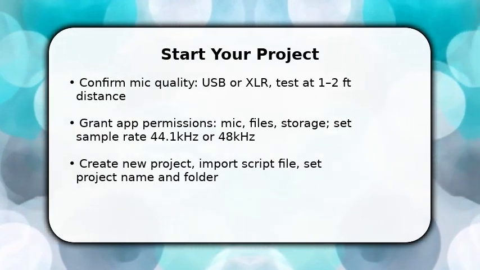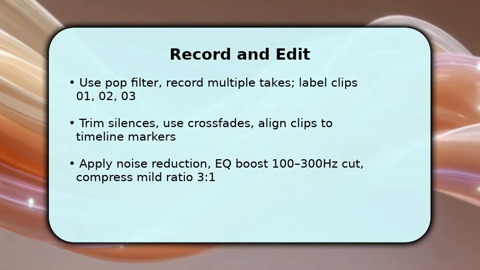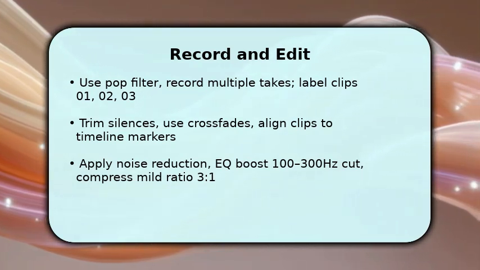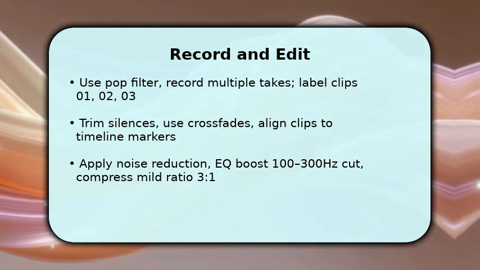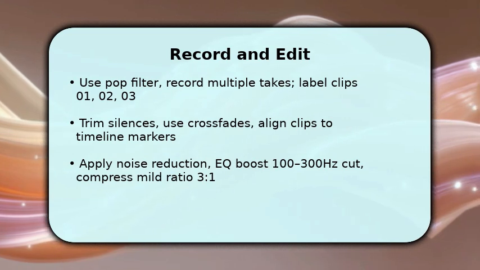You now record clear takes using a pop filter and consistent distance, record multiple passes, and label each take. Once you have good material, trim silences and use short crossfades to avoid clicks, then align clips to timeline markers